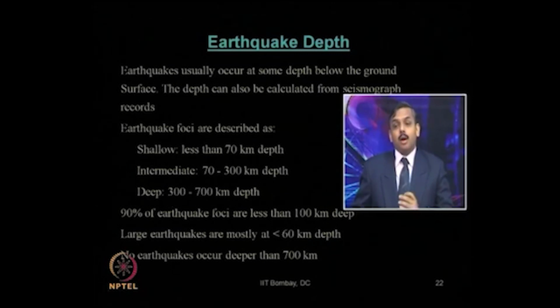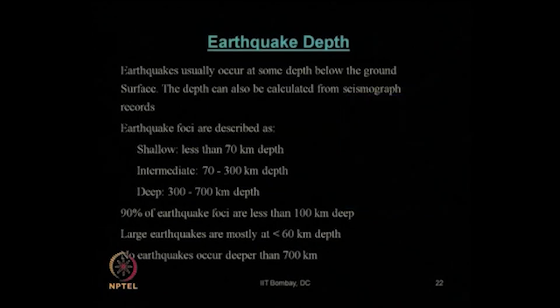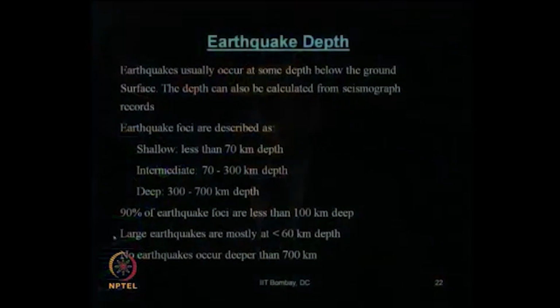Now, as a layman, we can always say using common sense that among these three earthquakes, shallow, intermediate and deep, if the amount of energy released is the same in all three, which one will be more destructive? Of course, the shallow earthquake, because it is occurring close to the ground surface. So it will have a more devastating effect on the ground surface. So that is why you can see over here,